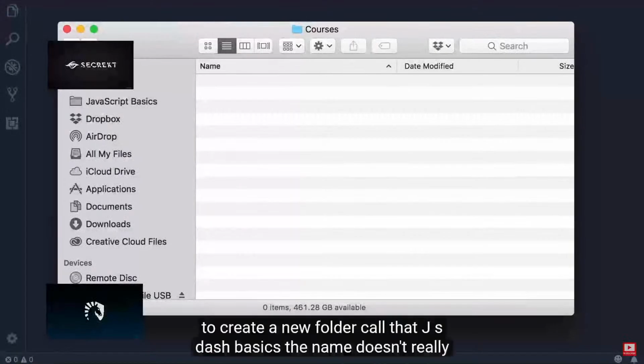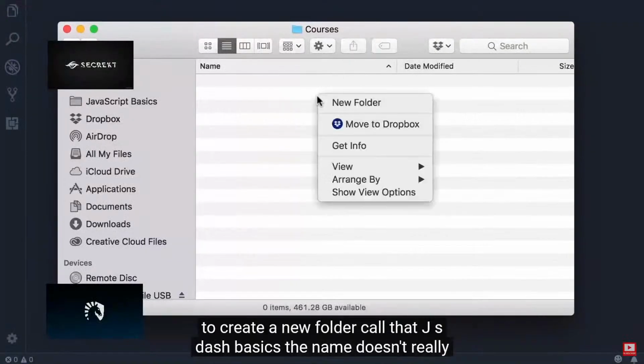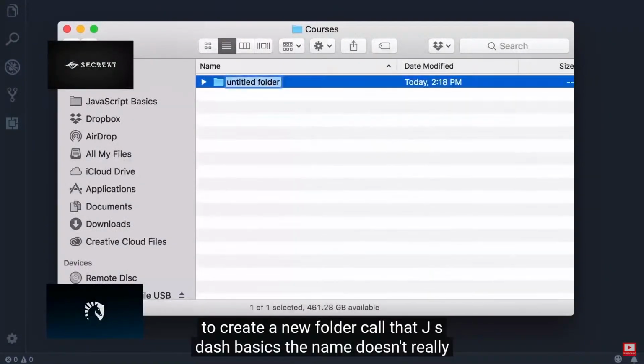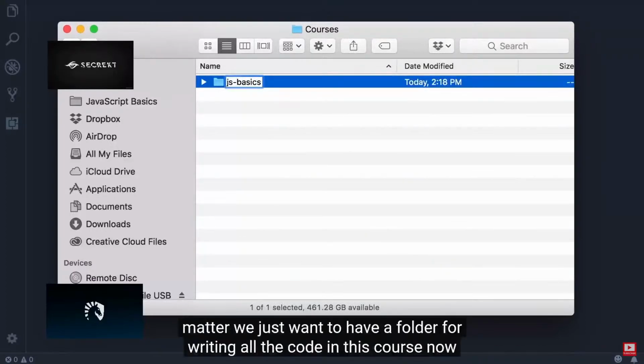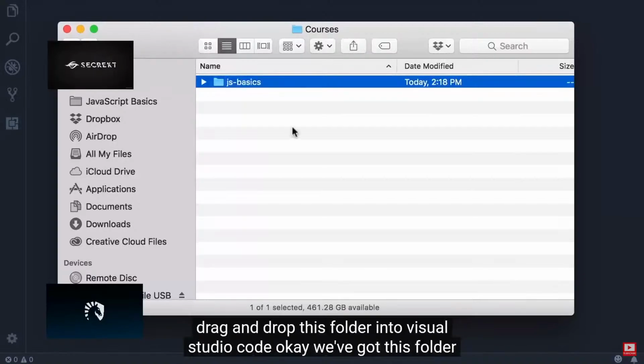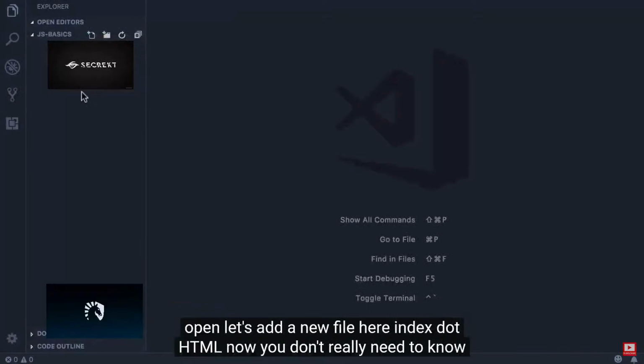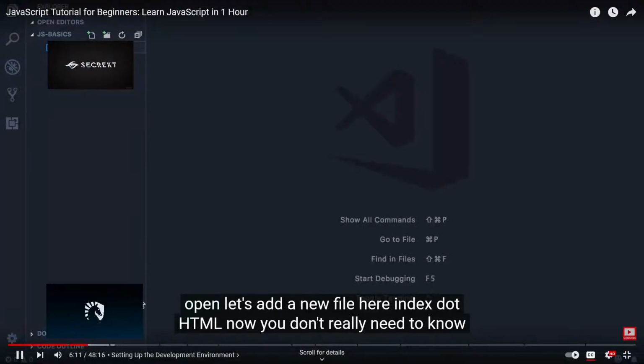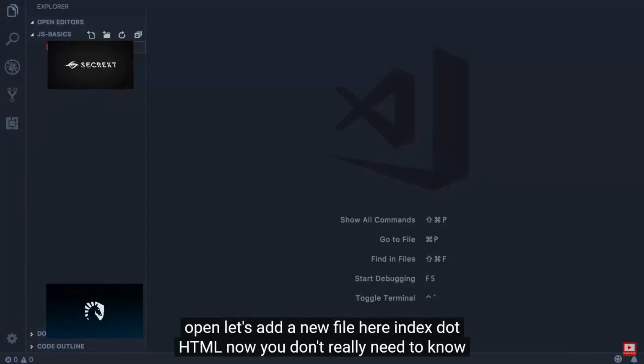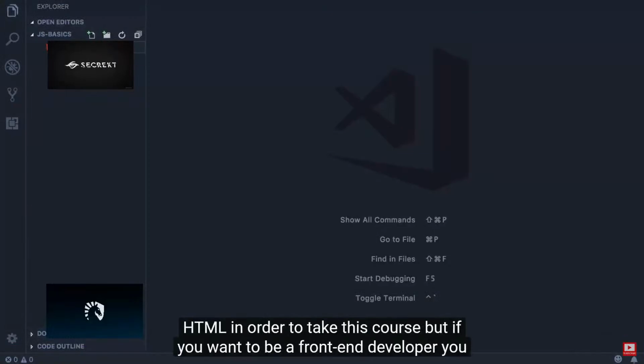All right, now I want you to create a new folder. Call that JS-Basics. The name doesn't really matter. We just want to have a folder for writing all the code in this course. Now, drag and drop this folder into Visual Studio Code. Okay, we've got this folder open. Let's add a new file here, index.html. Now, you don't really need to know HTML in order to take this